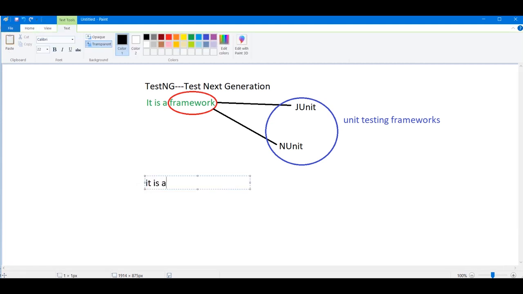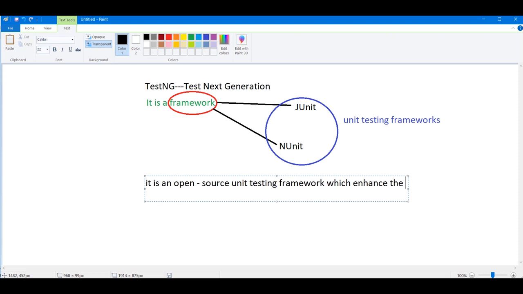It is an open source unit testing framework, which enhances the features of NUnit and JUnit.